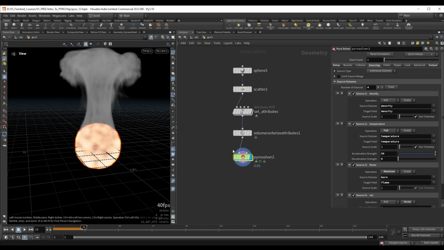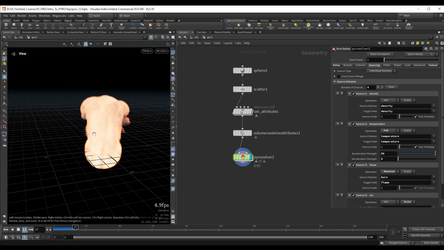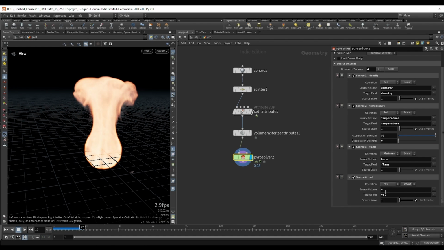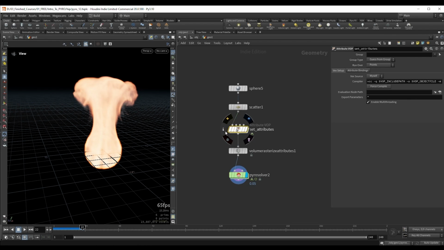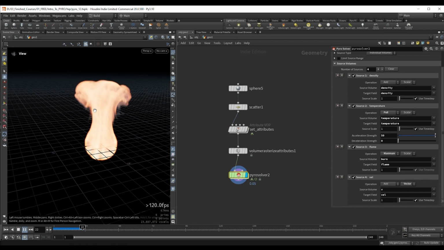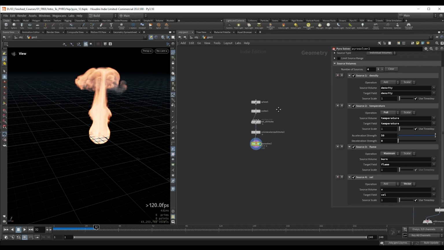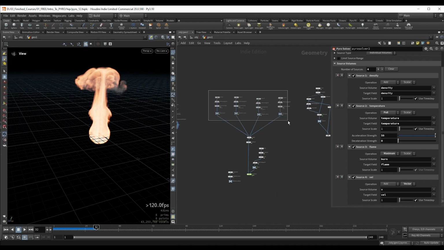and now we can see we also have our flame target field, and we have everything we need for a simulation. And it's the same if we want to source in velocities. We would just have to make sure that we have a velocity attribute on our point sources. So this is a more efficient way to create your sources rather than having everything as a separate source which